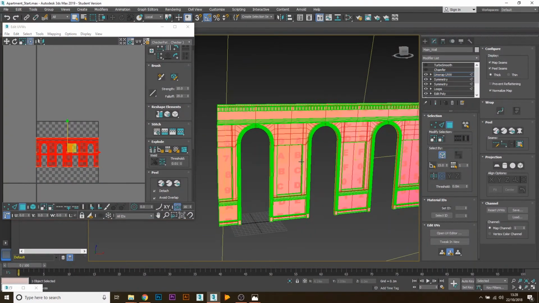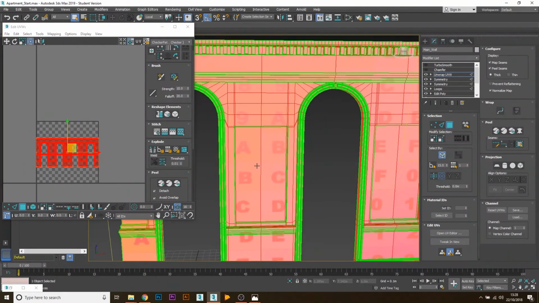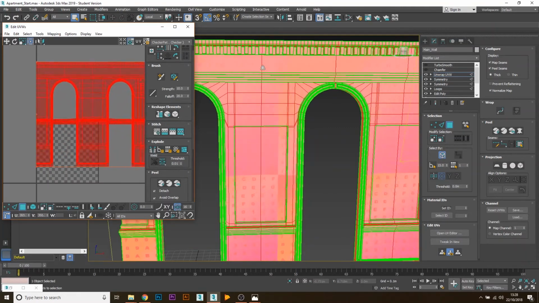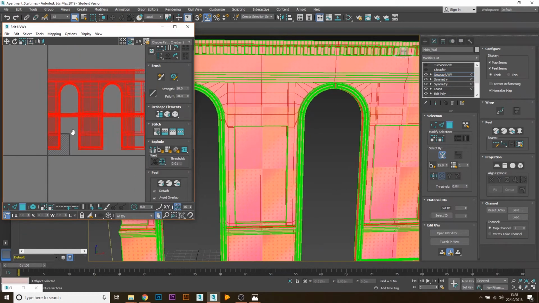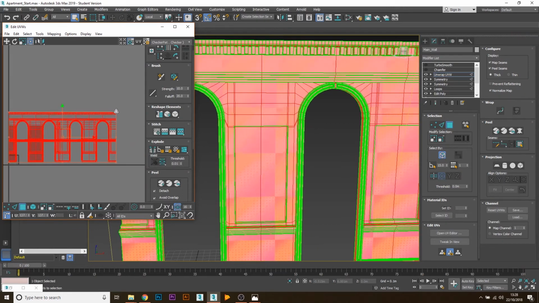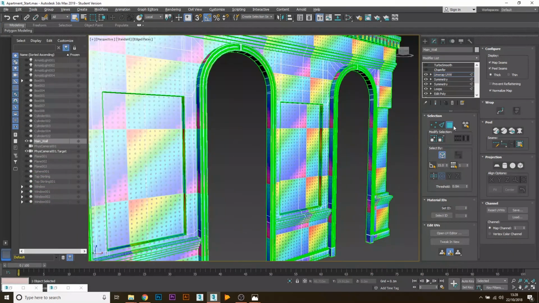Okay, and we're going to be using a plaster texture, so we want all our squares to be small here. So select all of them, hold Control, and drag it just so that our squares are quite a bit smaller. So every time you see this bit, that's where it's going to repeat. So I just need it to be a little bit smaller, probably something about there. So it looks like that. Now if I untick this,